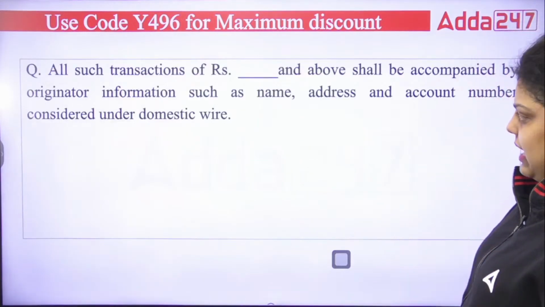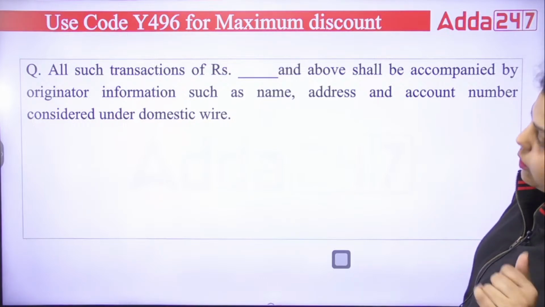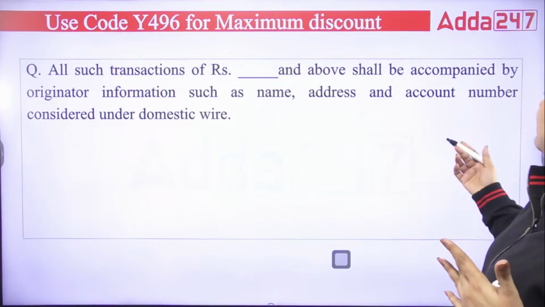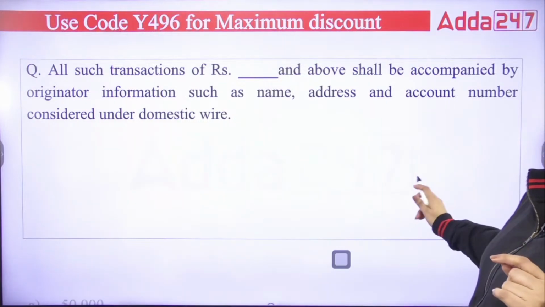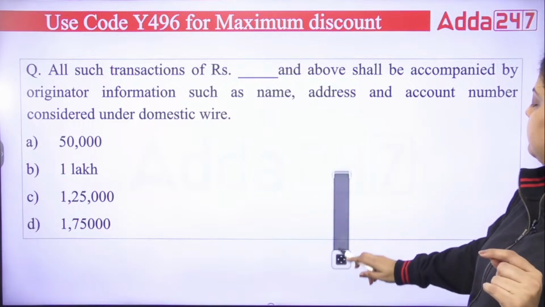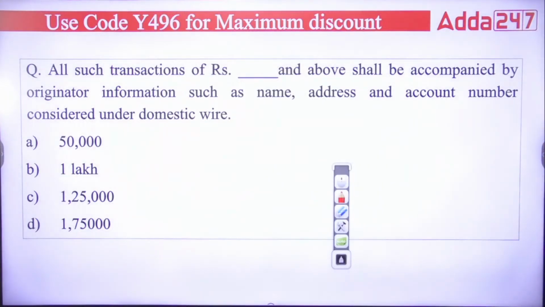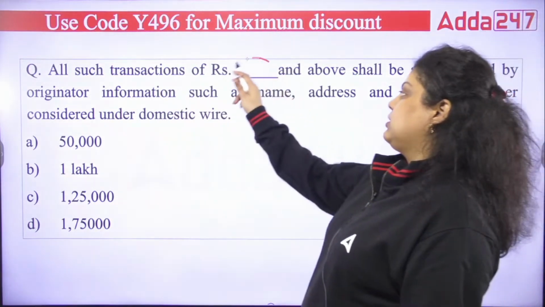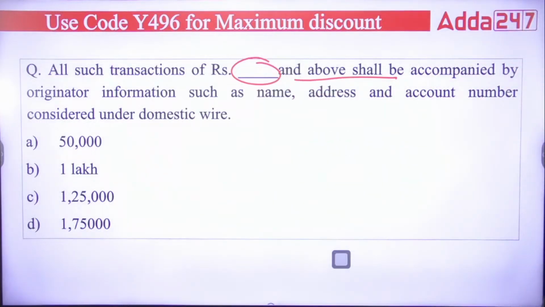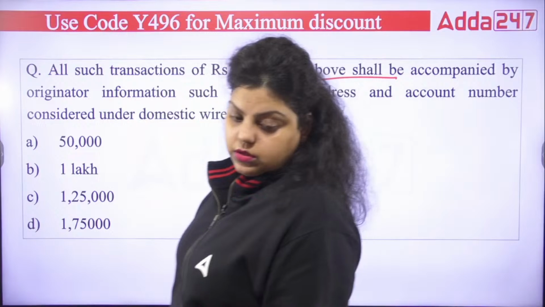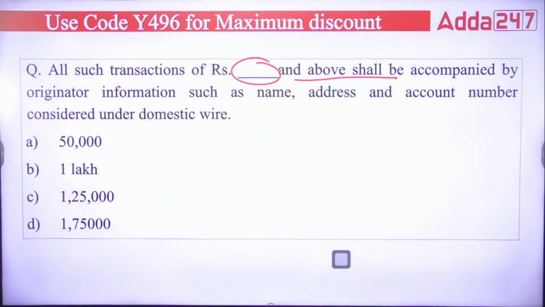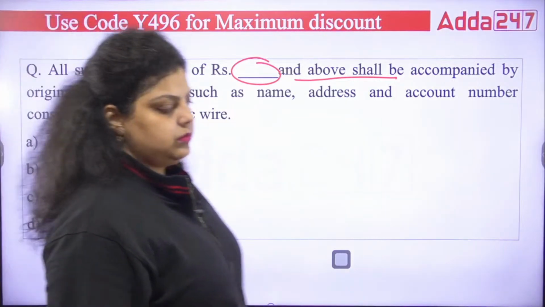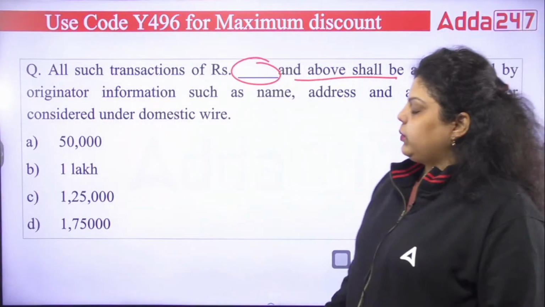All such transactions of rupees dash and above shall be accompanied by originator information such as name, address, account number, considered under domestic wire. Which of the following is the amount? It should be 50,000, 1 lakh, 1,25,000, or 1,75,000. So what amount of transaction, dash and above, shall be accompanied by the originator information? Acha, by this amount of 1,25,000,